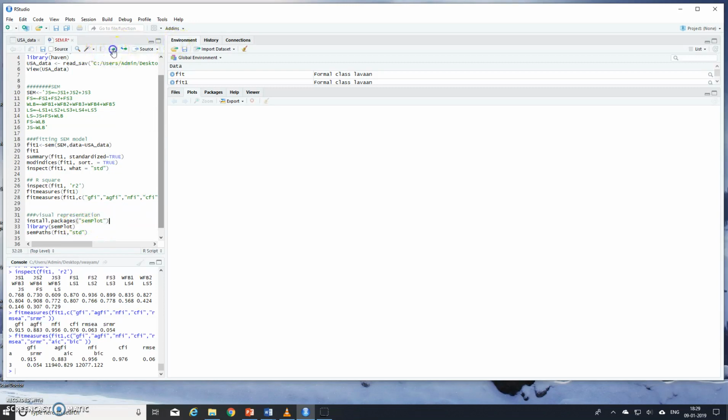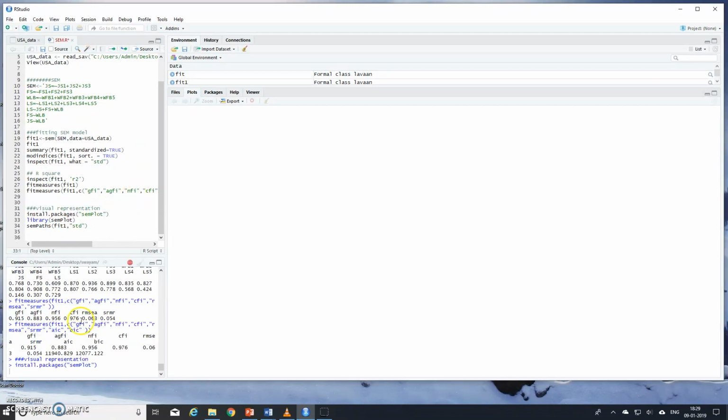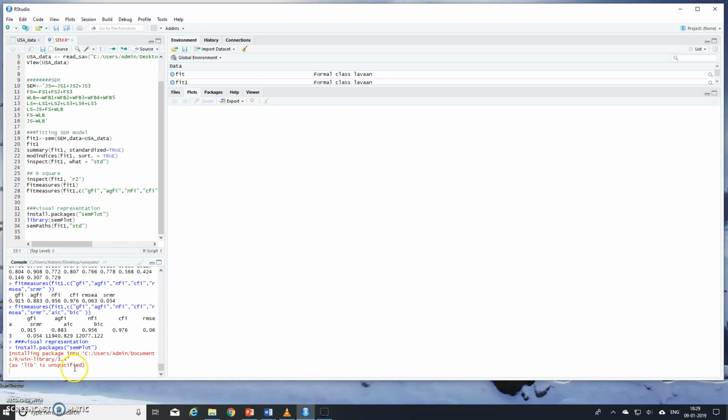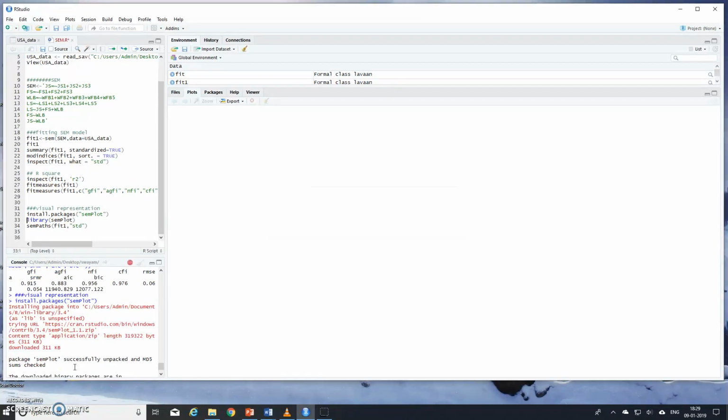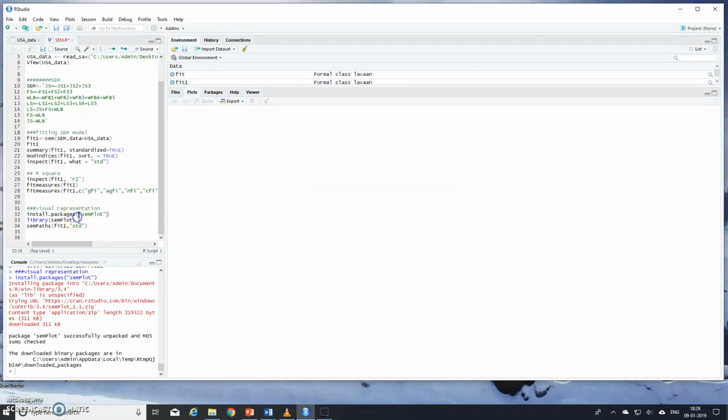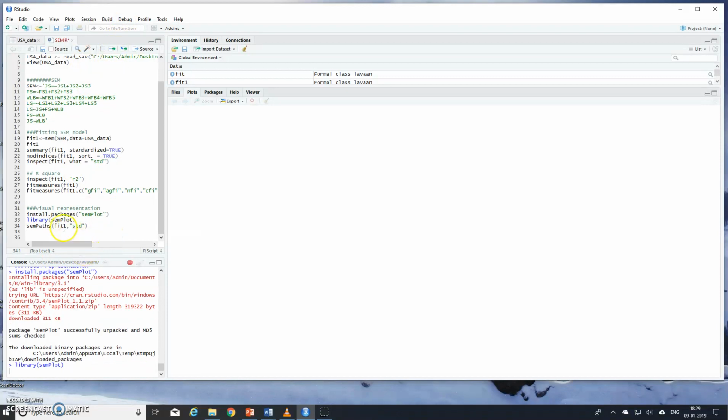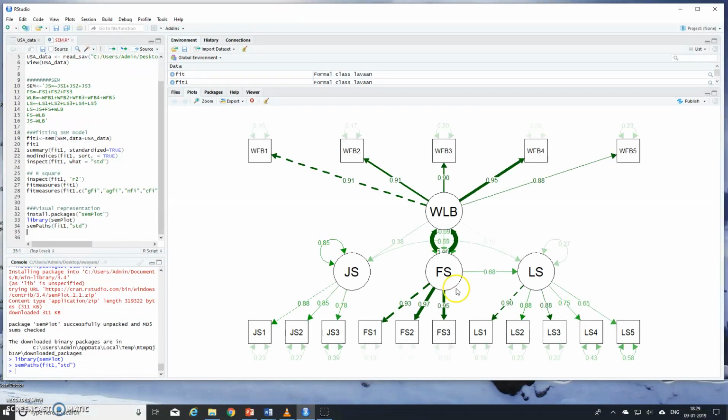You can check it by running this command. So the installation is going on. And then you can activate the package by running the second command. And then my analysis name is fit1. So I'm just running this, and the standardized outputs will be projected in the diagram.